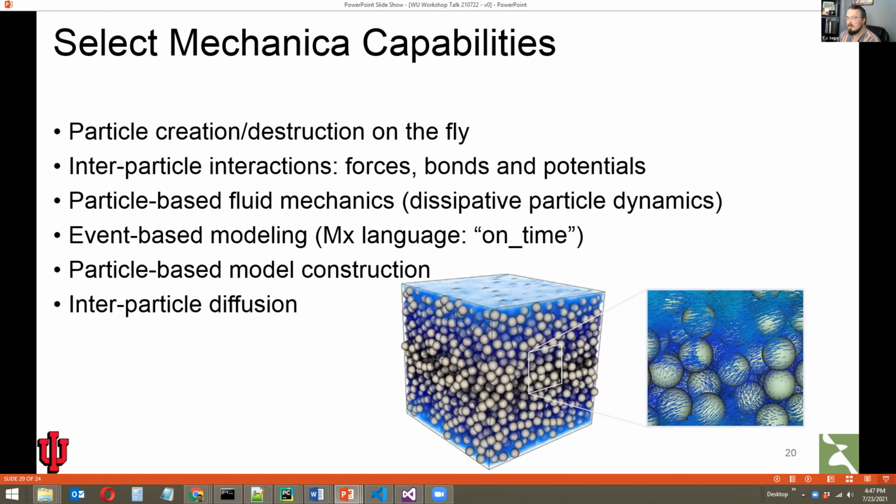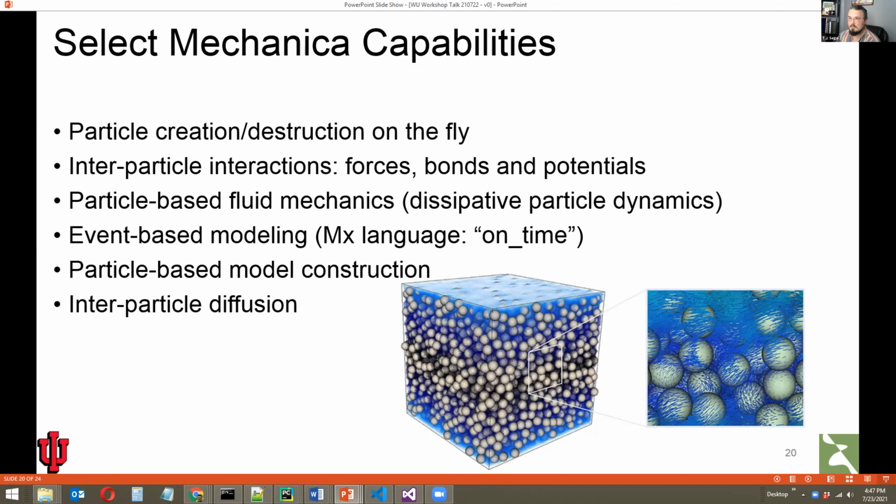The more common model specification would be in Python. And in Python, it's possible to do creation and destruction of particles on the fly for things like cell death or simulating mitosis.